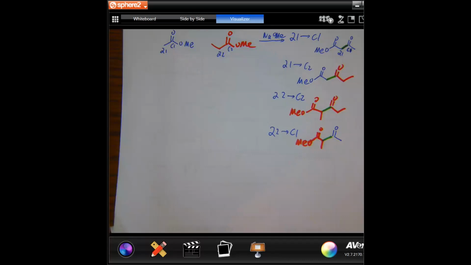Those have no alpha carbon, so they cannot act as the nucleophile. And then for the other compound, normally we choose